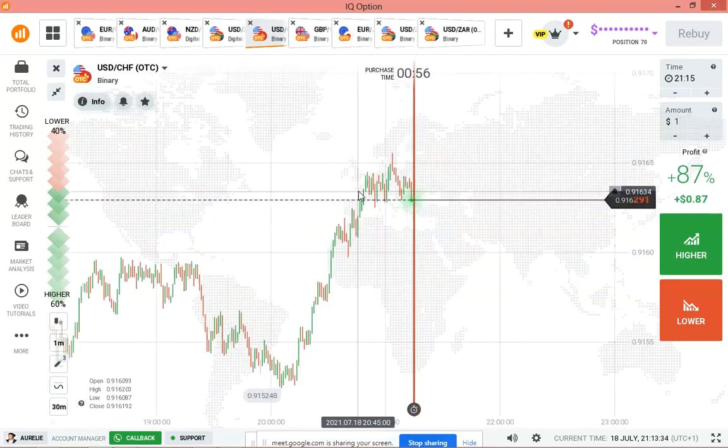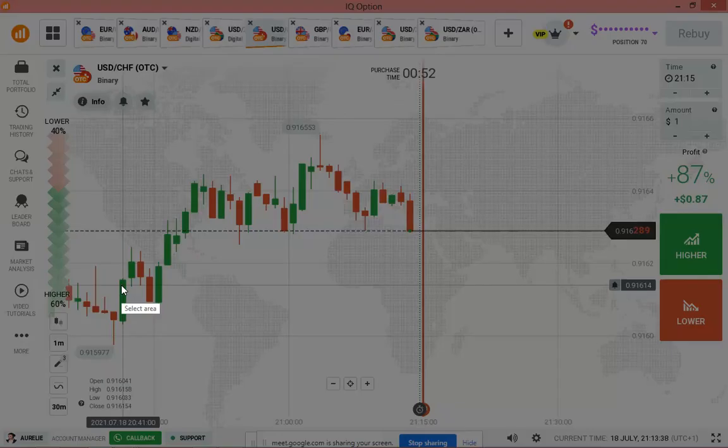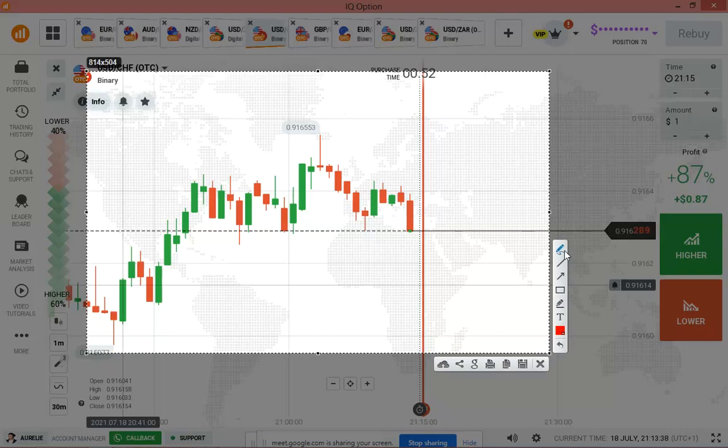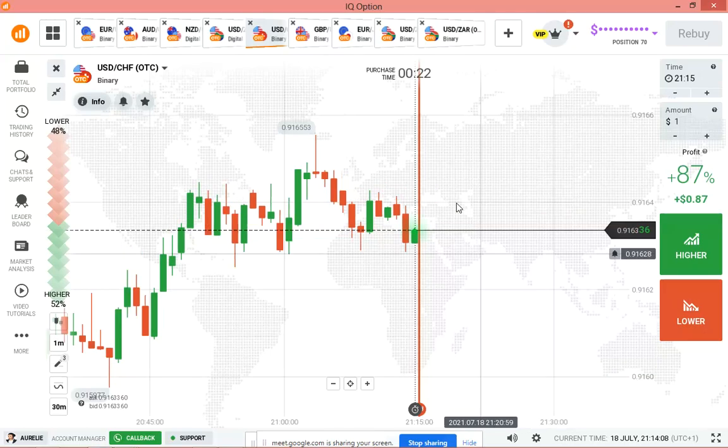So okay, let's check another pair. Here also we can get information of what happened. If you check on the left side, you see buyers entries, buyers entries, buyers entry, buyers entry. Which means that this is a buyer's zone. If sellers entered here without rejection, we can't expect buyers. If sellers entered here and the market gaps to this level, we can expect at least one bearish candle before we expect buyers entry. Let's see what is going on.